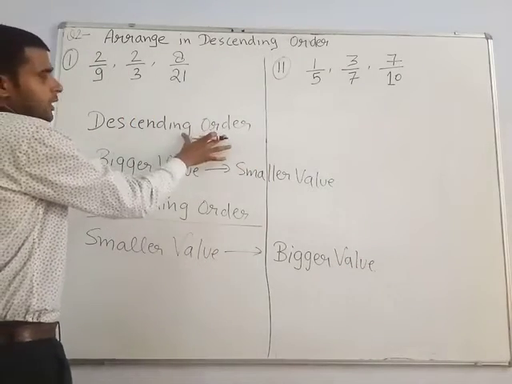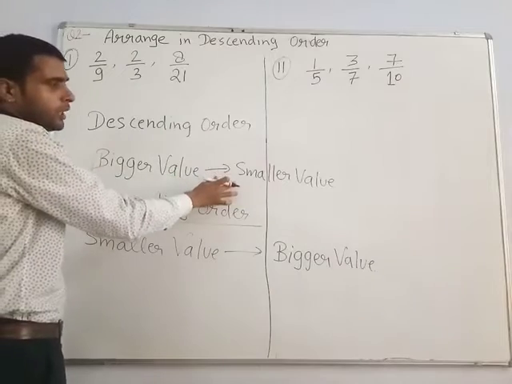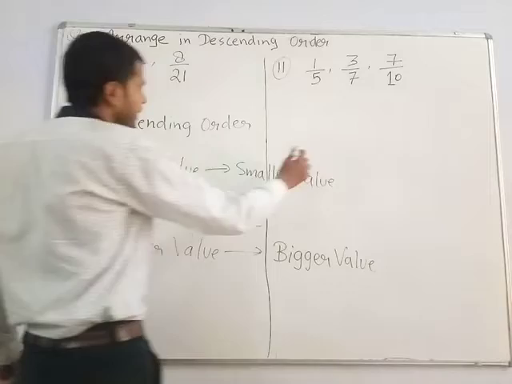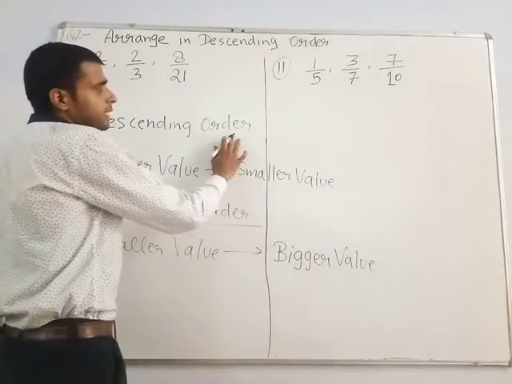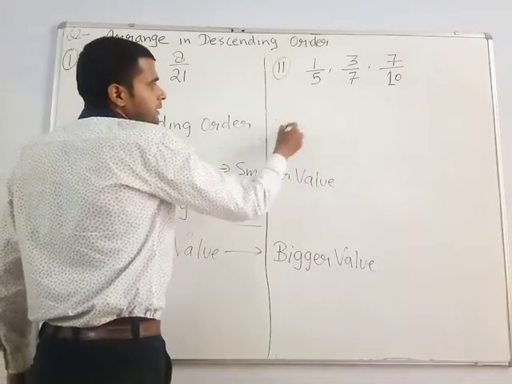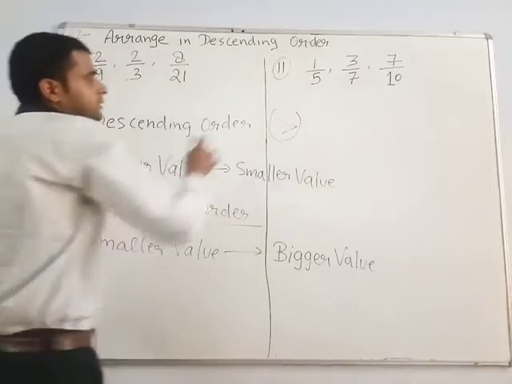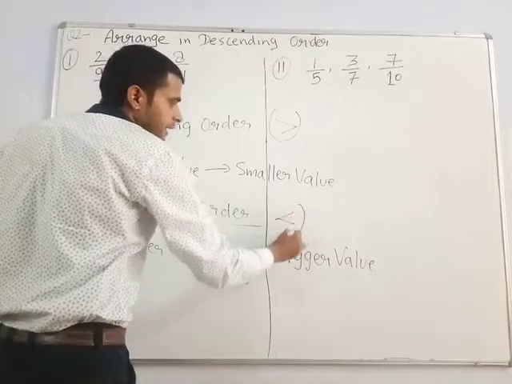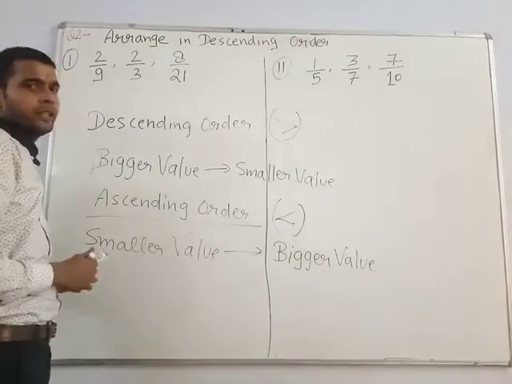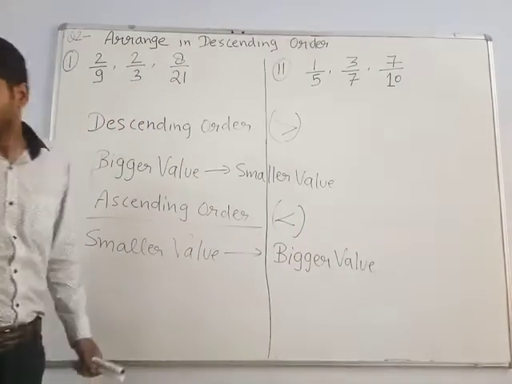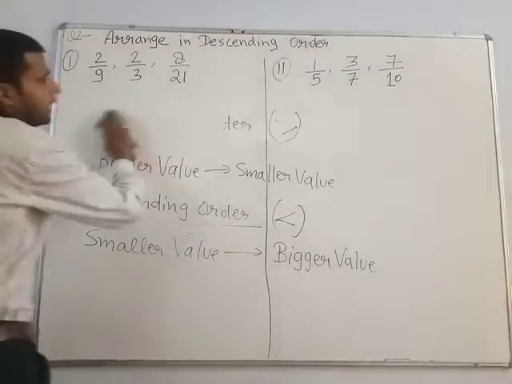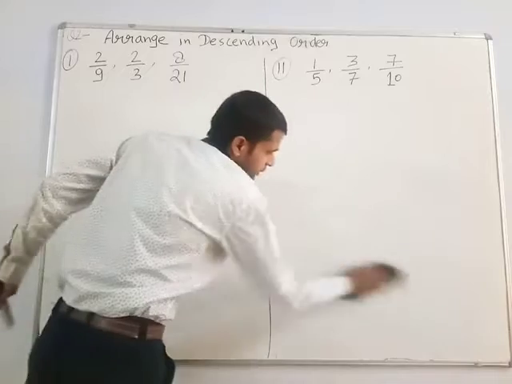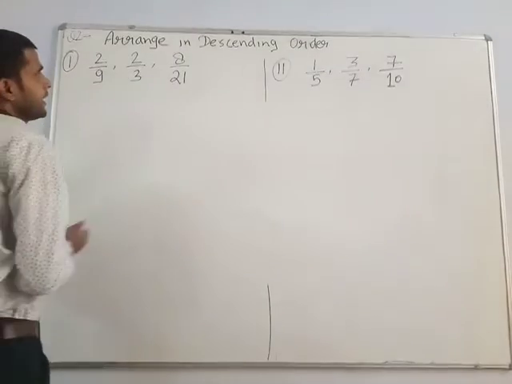So descending order means bigger value to smaller value, and ascending order means smaller value to bigger value. In descending order we have to put this sign, and in ascending order you have to put this sign. Okay, then in this question, in descending order,